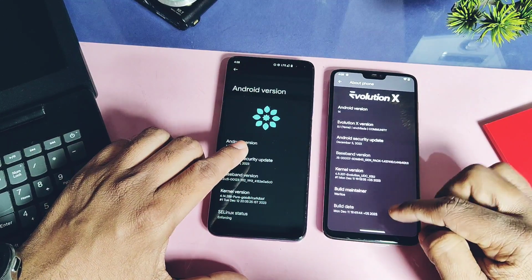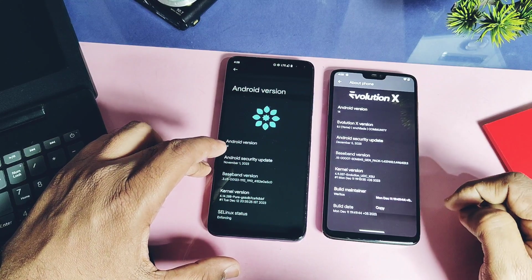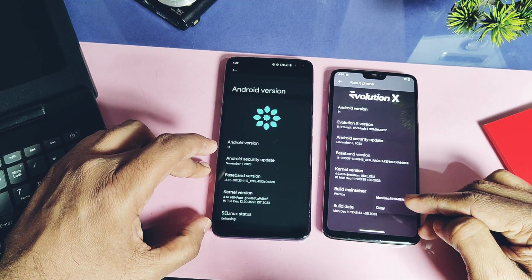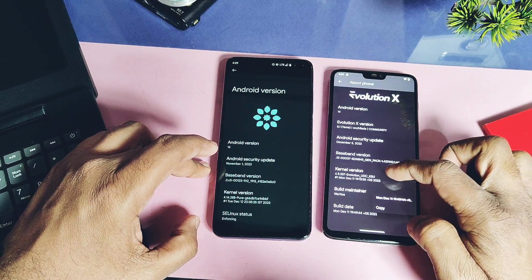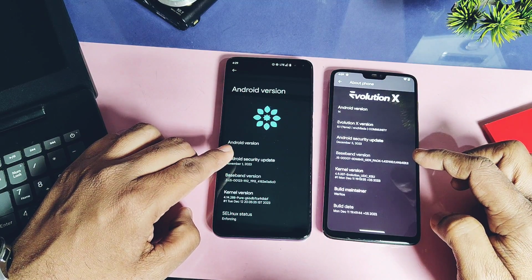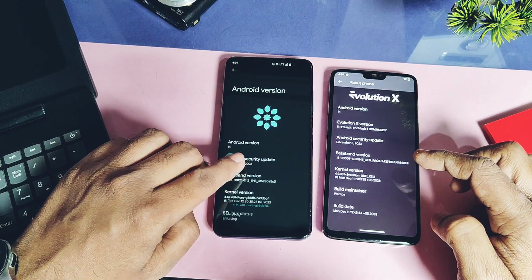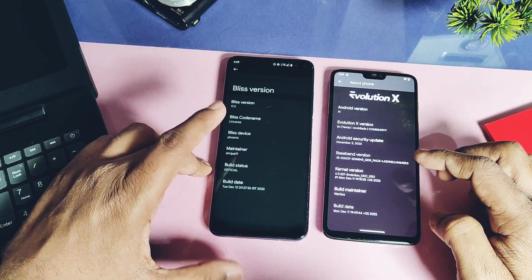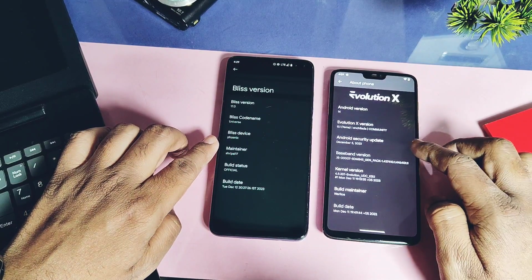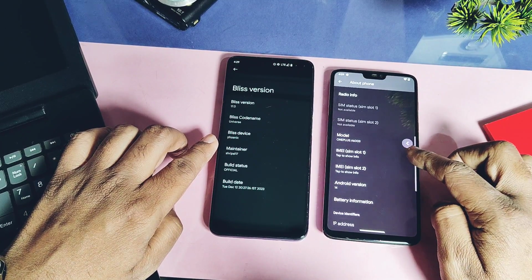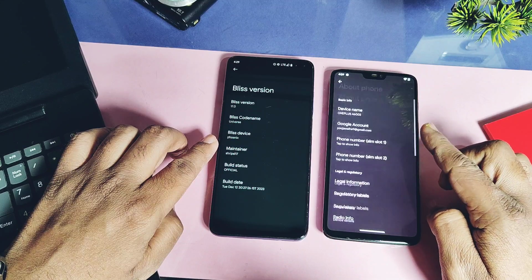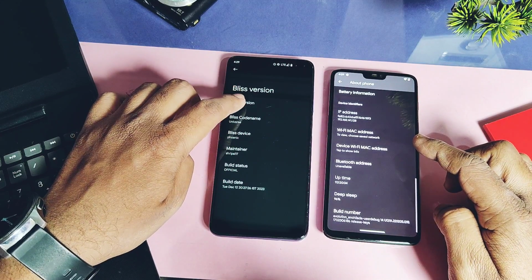Kernel version is better in the Poco X2. With Bliss OS it is 4.14.238, while for Evolution X it is 4.9.337. Build date of Evolution X is 11th December while Bliss OS build date is 12 December 2023. So regardless of security patches, Bliss has the better source base compared to Evolution X as it is